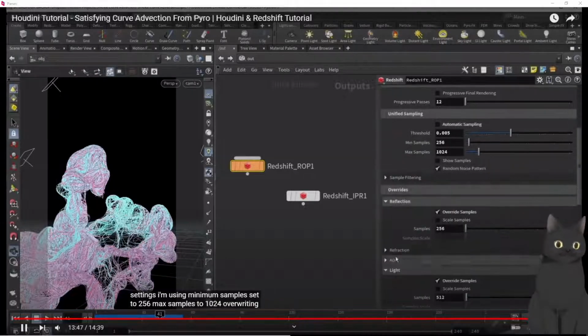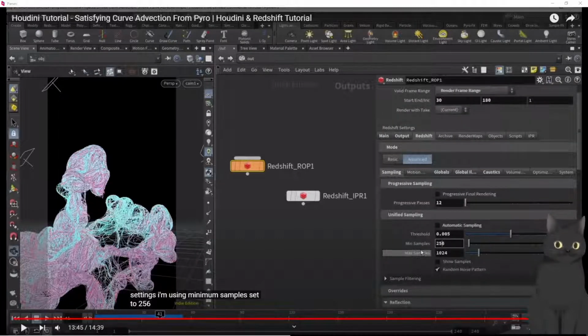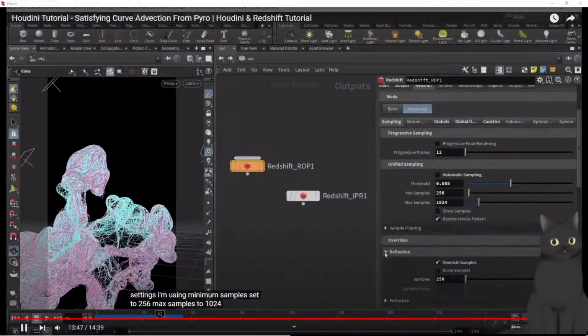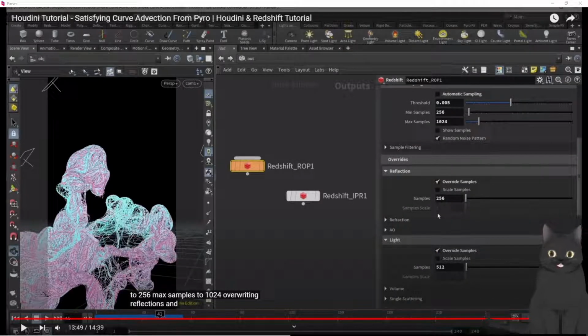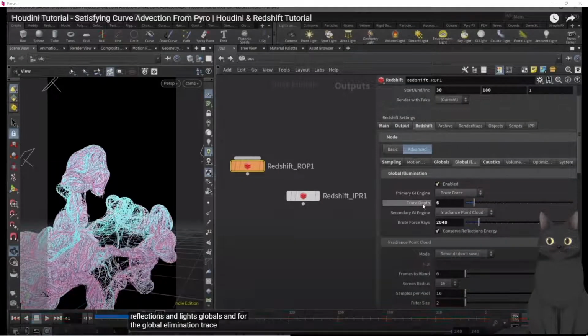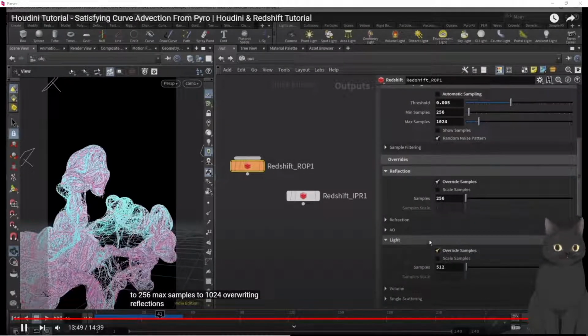Max samples to 1024, overriding reflections and lights, globals, and for the global illumination,